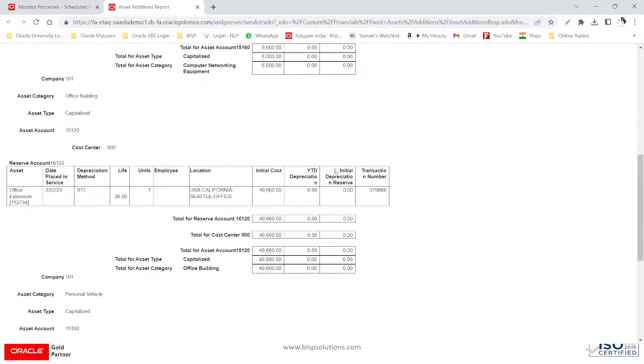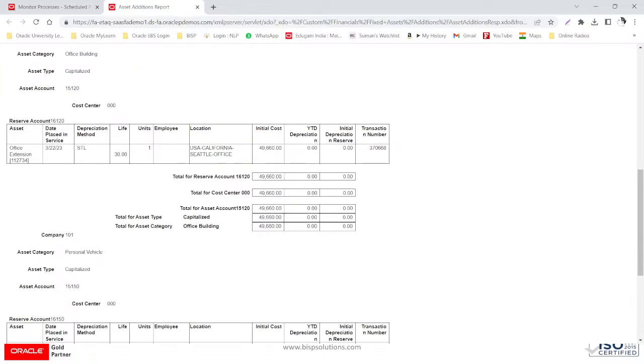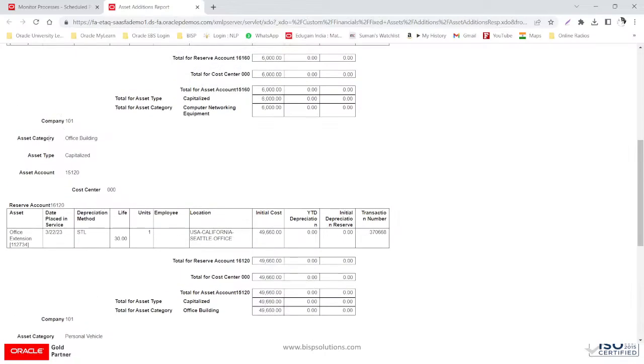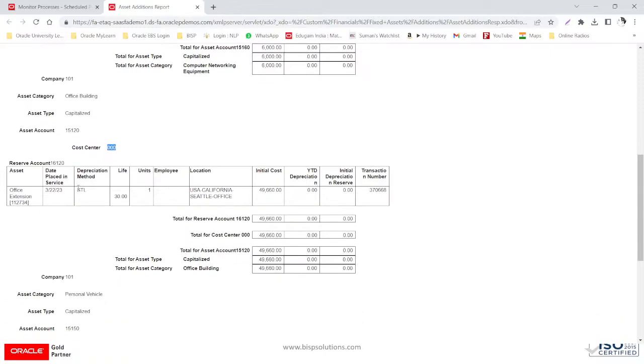it has given that YTD balance, initial depreciation reserve, transaction number, location, asset category. It is providing the balancing segment, that is company or a legal entity, and the asset category, and the asset type which is capitalized, the asset account, the account number, and the cost center. The reserve account is also provided, and the asset is office extension, and the asset number it is giving out here,